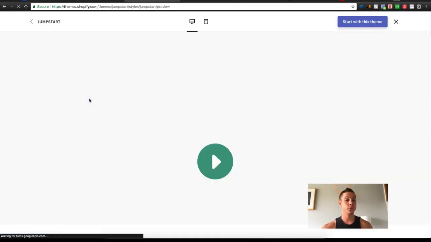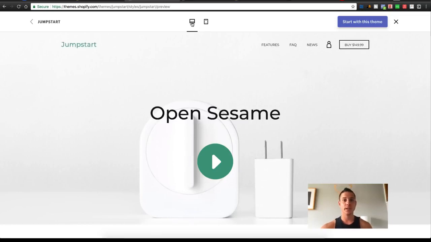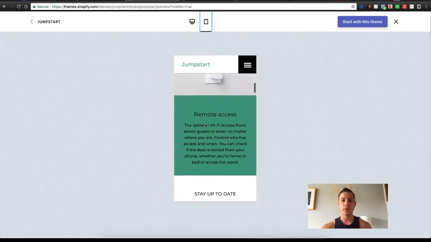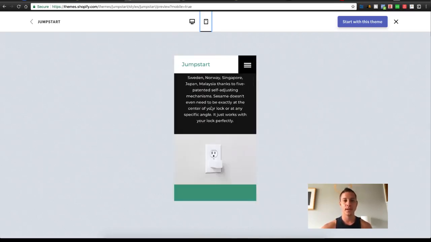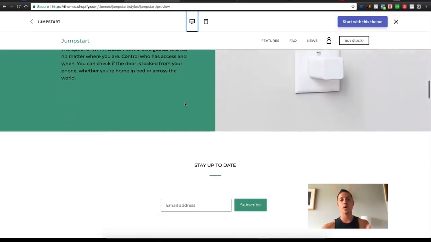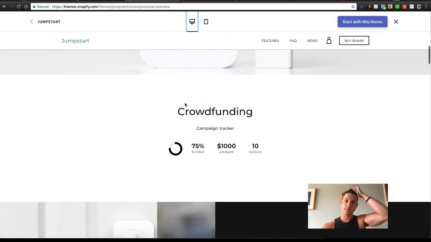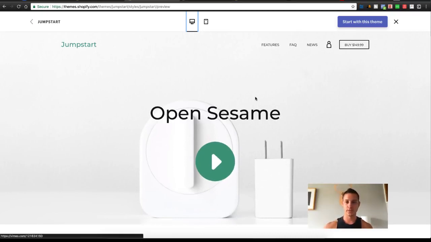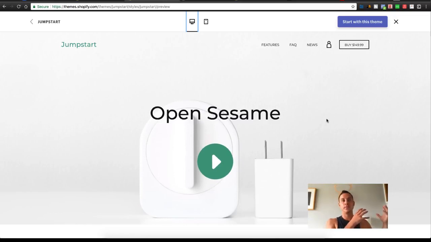And we're going to run through super quick what this looks like. So they have previews here on both desktop and mobile, which is great, which I always recommend checking. It's beautiful, it's seamless, really photo oriented, very methodical and funnel-esque, kind of driving you into that one place that you want people to be, which of course would be buying your product. And so here we see the theme itself is actually free. It's not $149. This is just a demo showing that this cool alarm clock or whatever this is, is $149. So it's very fluid and beautiful on both desktop and mobile. It's very light, it's very fast, and it's free,